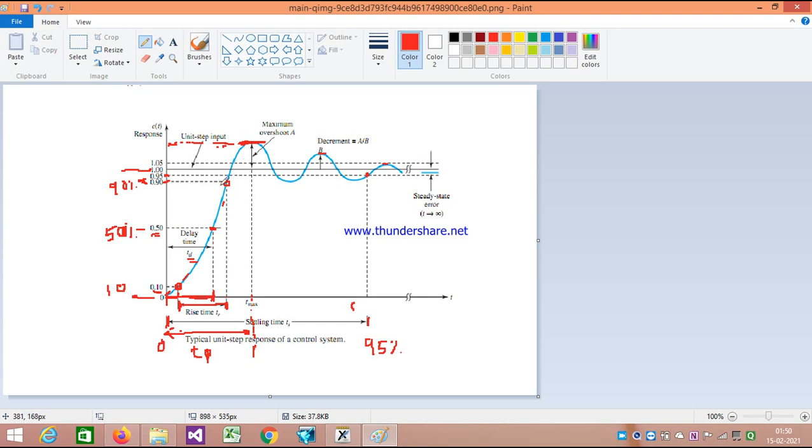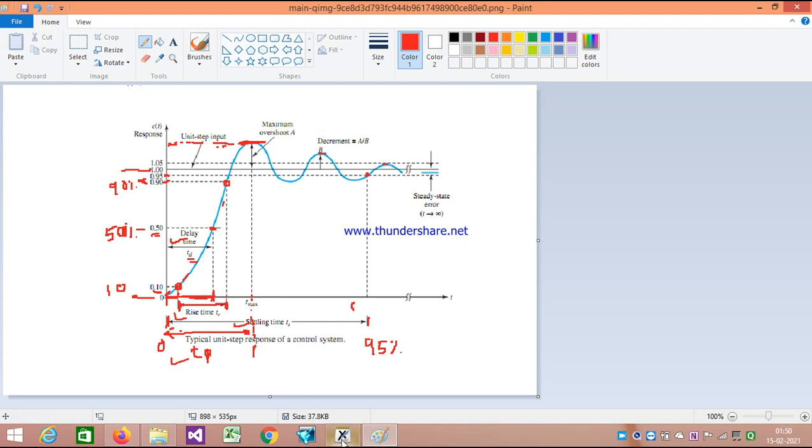Okay, here we have seen four parameters. The first parameter is the delay time, the second is the rise time, the third is the peak time, and the fourth is the settling time. One more parameter is given in your PDF, that is maximum overshoot. What is the maximum overshoot? The ratio of the maximum value of the step excited output to the final output is called the overshoot of the system. The percentage overshoot of the system is defined as...